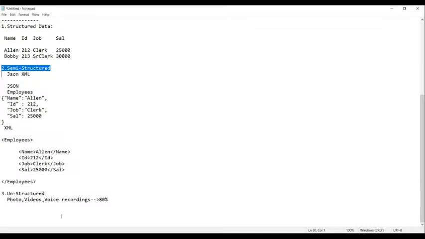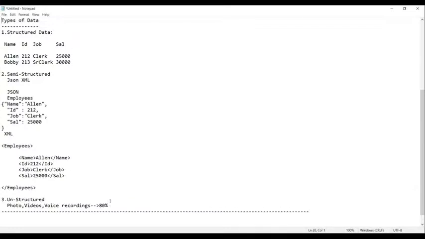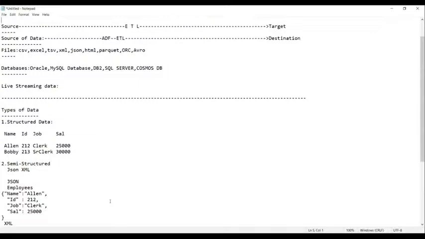So this is the things we have. Now, for the process of ETL, we require a source and a target.